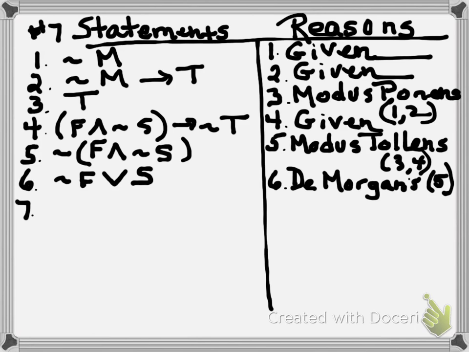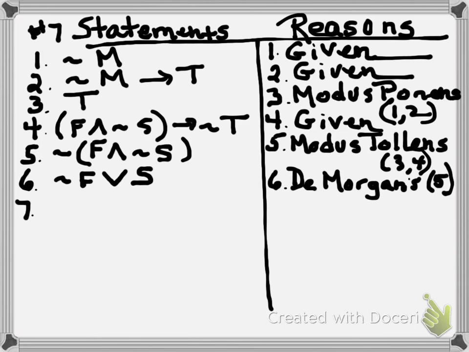Now, there's nothing I can do with that right now. I need to work on not F implies W, so I'm just going to let that stay for a minute, number 6, leave it alone,